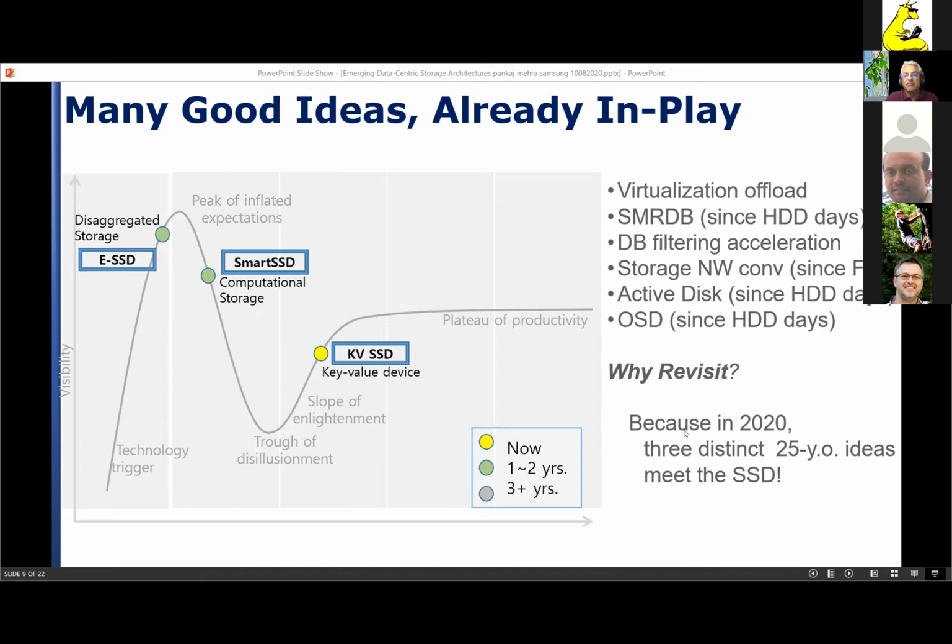And the reason we are revisiting these 25-year-old ideas in 2020 is that what it took an array or a huge system with boxes, some CPU and some memory and some SSD and networking to implement, we can now implement in each SSD, for much better scaling of this kind of capability with the amount of data.